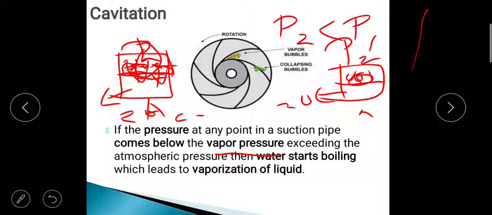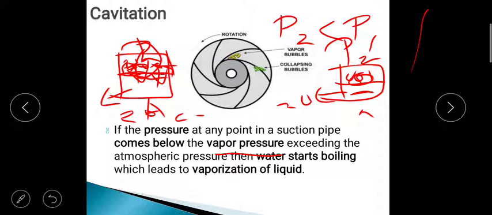Then with that the boiling temperature of water also gets reduced, and it will come to a point where whatever liquid is there in this area will start boiling at 20 degrees Celsius. Okay, so as the vapor pressure decreases, the boiling temperature of the liquid also decreases. See, the boiling temperature of water is 100 degrees Celsius. If this vapor pressure goes on decreasing, the boiling temperature of water will also go on decreasing from 100 to 95, 95 to 85, 85 to 75, 75 to 60, like that.